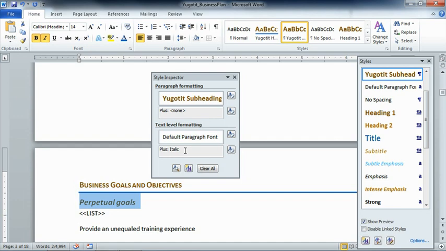So really it's an interesting way to see not only what specific things have been applied, but which have been applied through styles and which have been applied through hard coding. In addition to just being able to see this, on the right-hand side for each of these areas, we also have the ability to reset or to clear. So we can reset the You Got It subheading style to the normal paragraph style. We can also clear any paragraph formatting that we have. We can clear the character style, or we can clear the character formatting that was applied using direct formatting or hard coding. If you wanted to clear it all out with one click, we do have a Clear All button